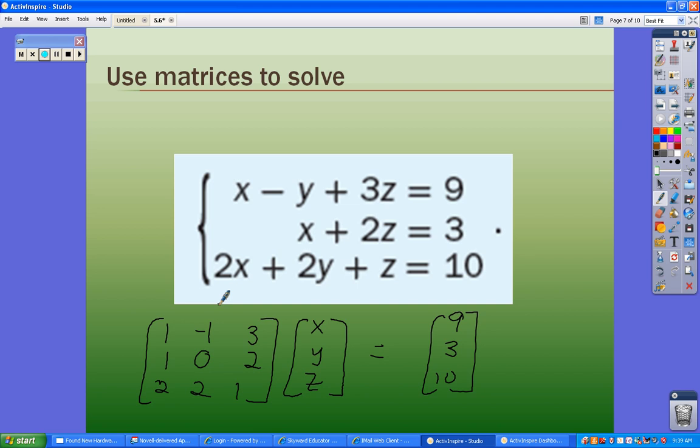Okay, let's store this in as A, this one in as B. You're going to multiply on the left by A inverse on this side. That will cancel out, per se, and leave you with the identity matrix. So you need to take A inverse times this side, and you will find that X, Y, and Z should equal